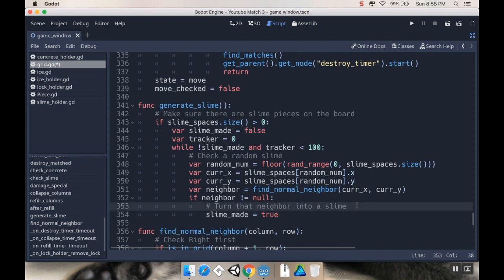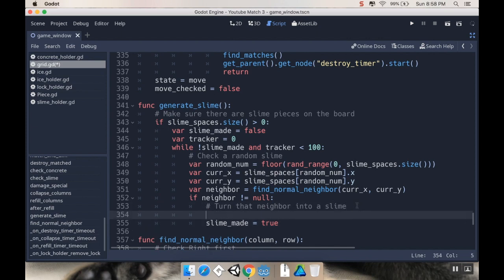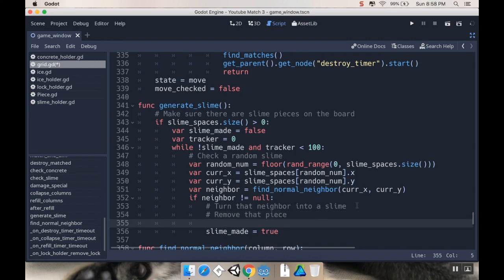Okay, so to turn that neighbor into a slime, let's go through this piece by piece. The first thing we need to do is remove that piece. So we're going to say all_pieces[cur_x][cur_y].queue_free. So we're going to remove it from the board,